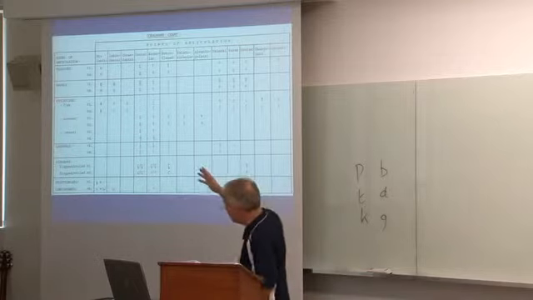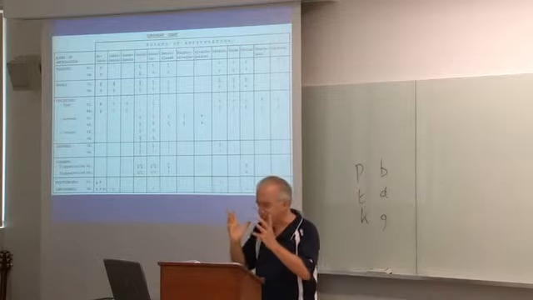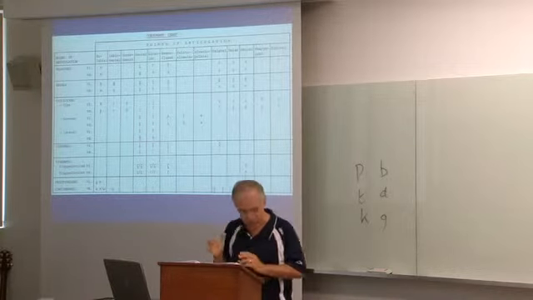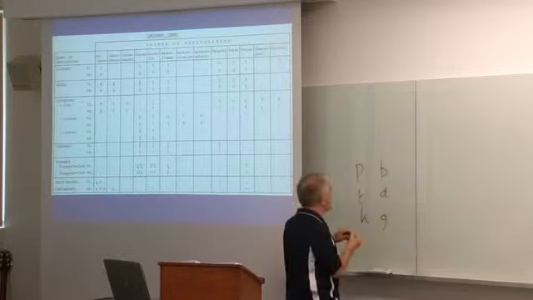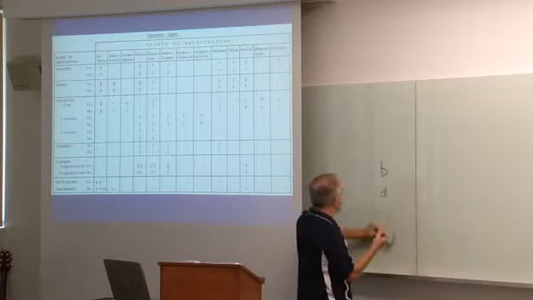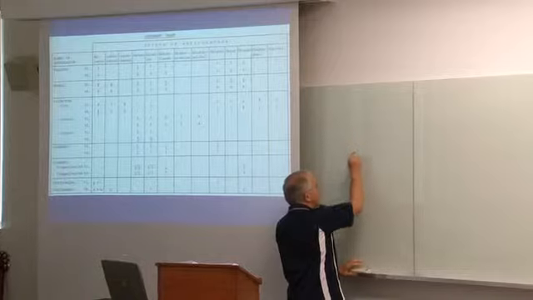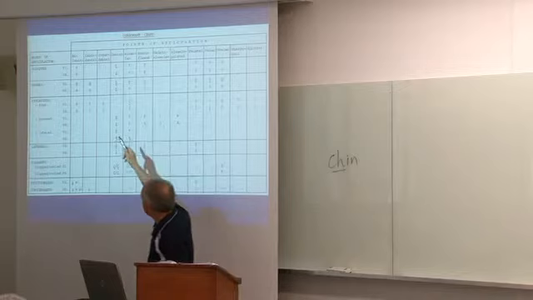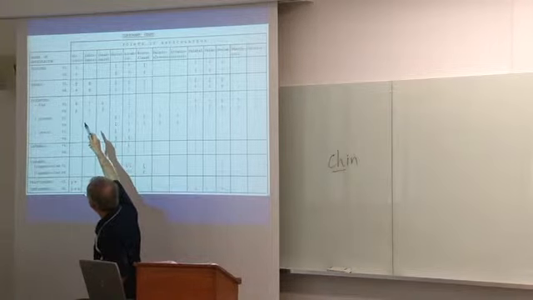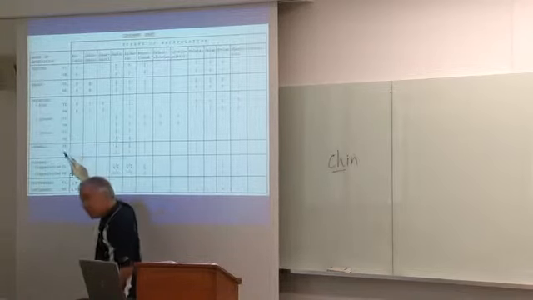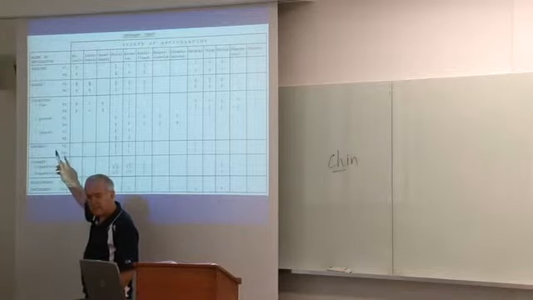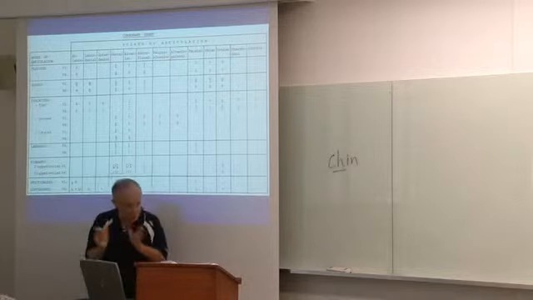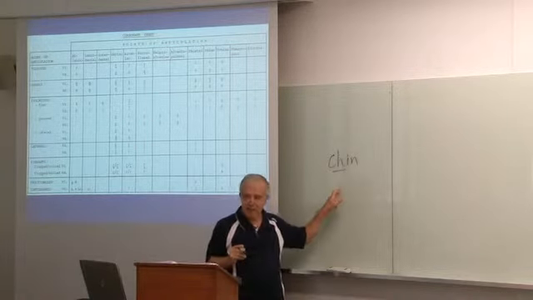But what we have, which is not on this chart, is called affricates, which is a combination of a stop plus a fricative. Let's take the word in English, chin. The CH in chin is a combination of a plosive, a stop, plus a fricative. Now, this isn't easy. Anyone want to have a guess? They're very close together. Chin.